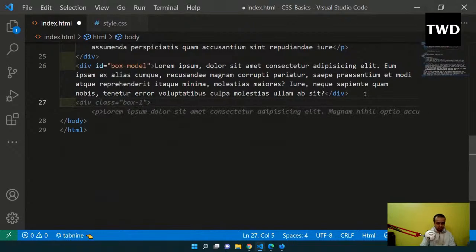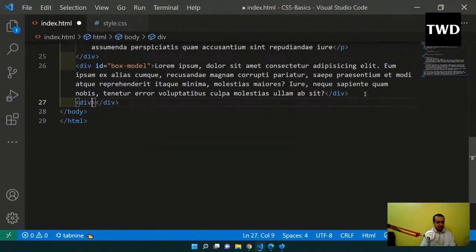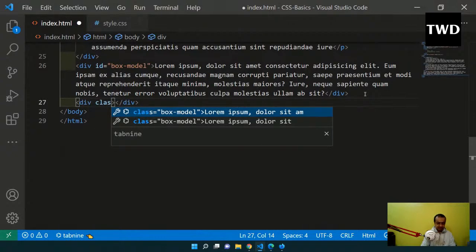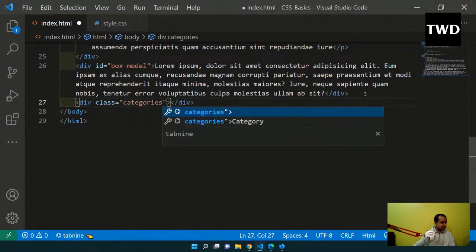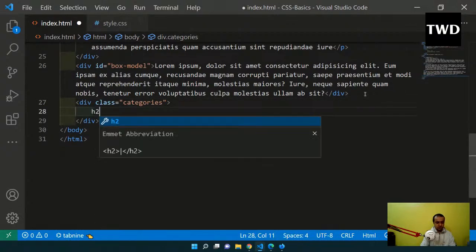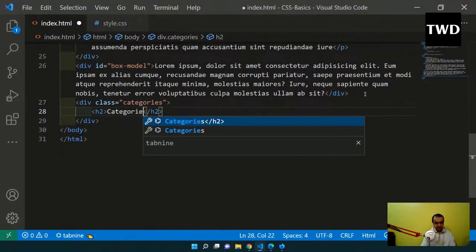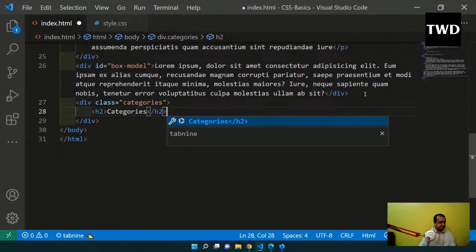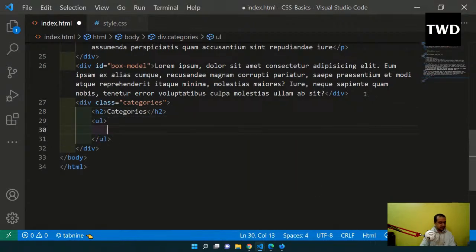Okay, so I'm going to have a div here, and I'm going to have a class equal to categories. Then an h2 which is categories, and then an unordered list, and then a list item,